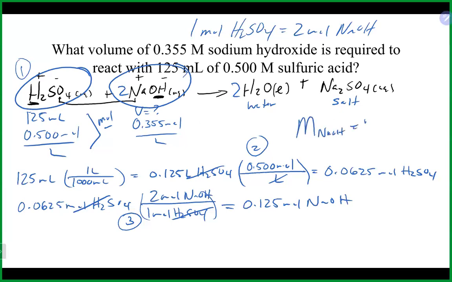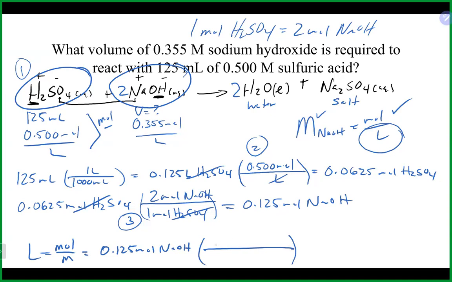So at this point, when we think about the molarity of the sodium hydroxide, we now have the moles from the stoichiometry. We have the molarity given to us. So now we do have everything that we need to get to the volume. So our liters in this case would be our moles divided by our molarity. So taking our moles, 0.125 moles of sodium hydroxide,